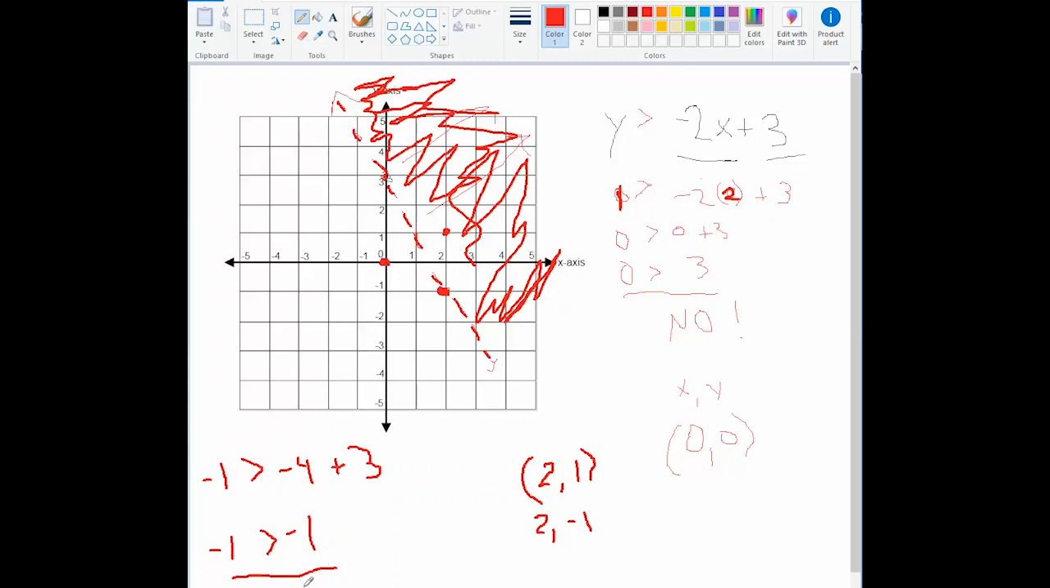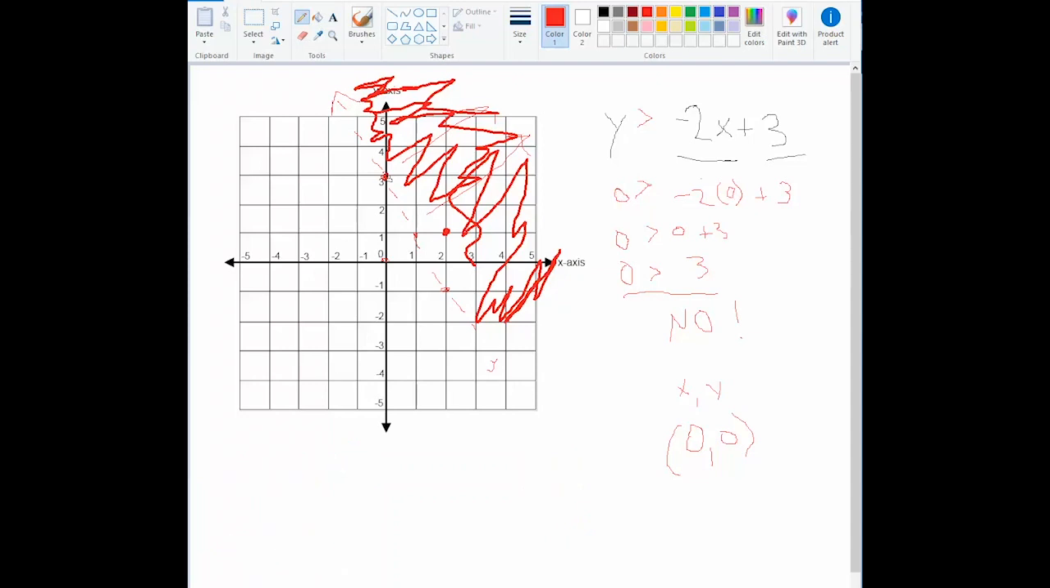Is -1 greater than -1? And actually, no, that's incorrect. And again, that's why this is dashed, because this point doesn't actually work. Okay, so if we circle back, and I'm just going to keep going to this back button as fast as I can, lots of stuff is going to disappear from your screen here. But if we go back here,